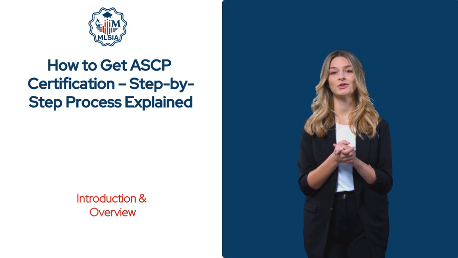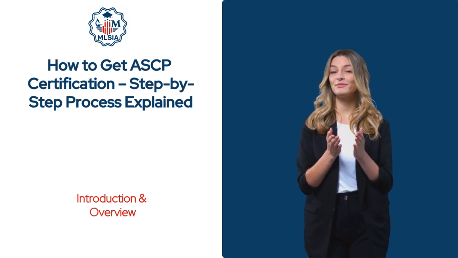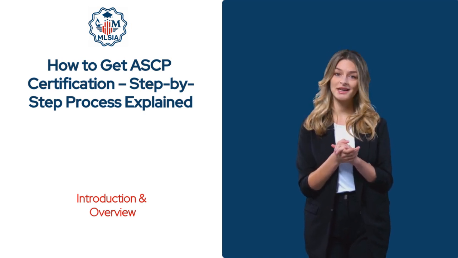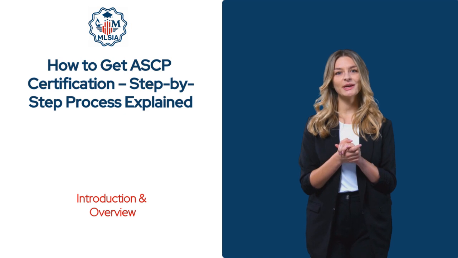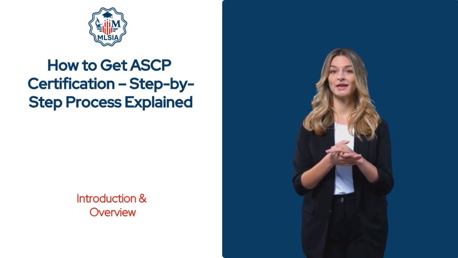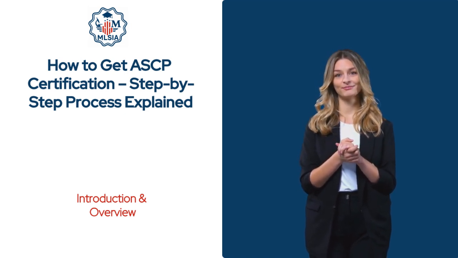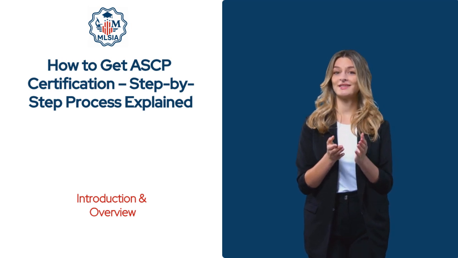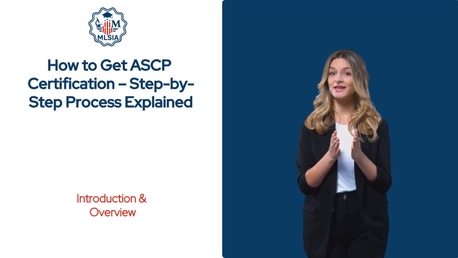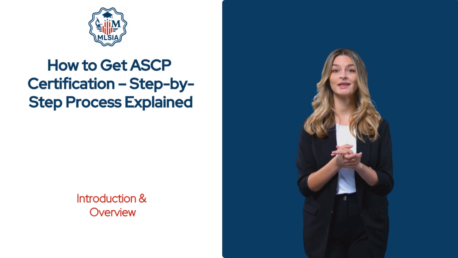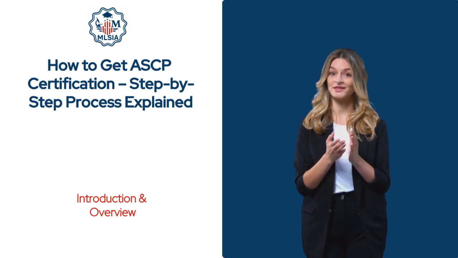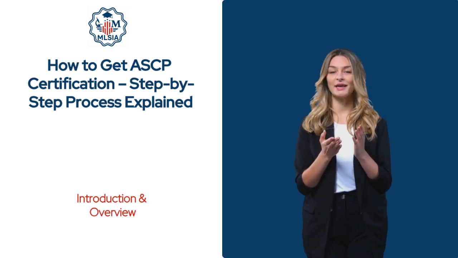Step 1. Choose your ASCP certification type. The first step is to decide which ASCP Board of Certification, BC, credential fits your education and career goals. Some of the most popular certifications include MLS ASCP, Medical Laboratory Scientist, MLT ASCP, Medical Laboratory Technician, MB ASCP, Technologist